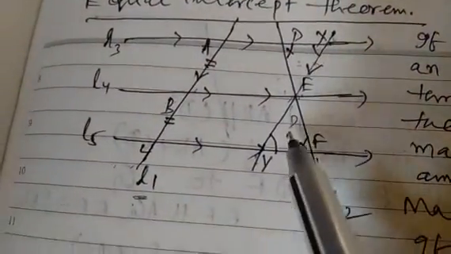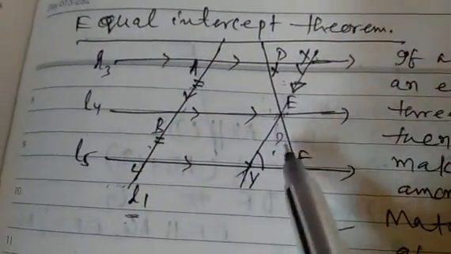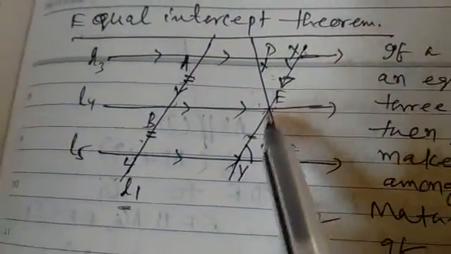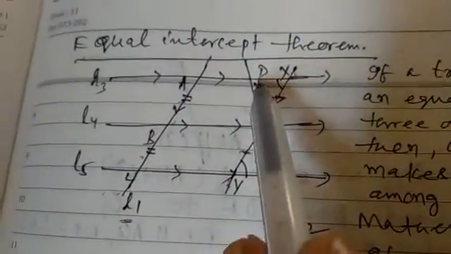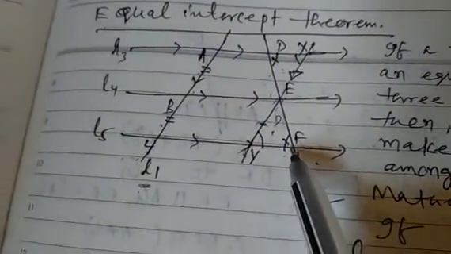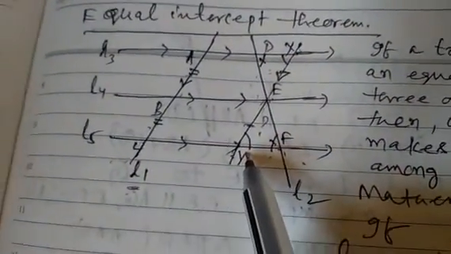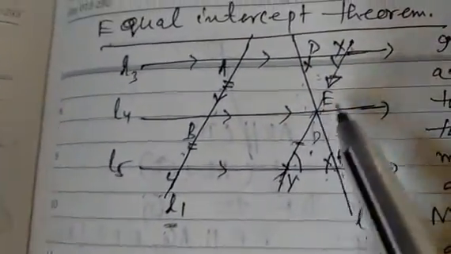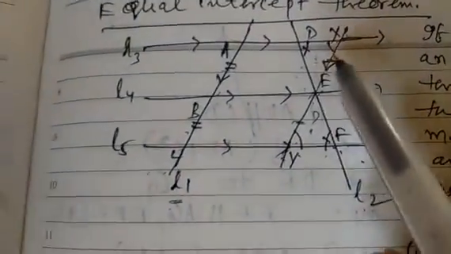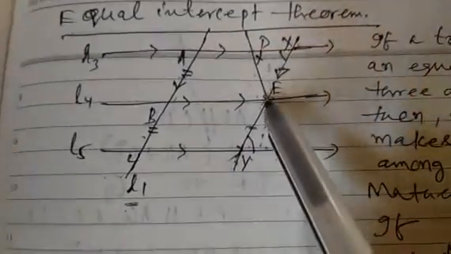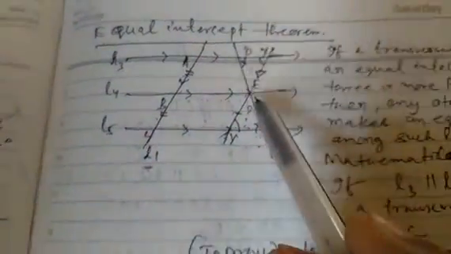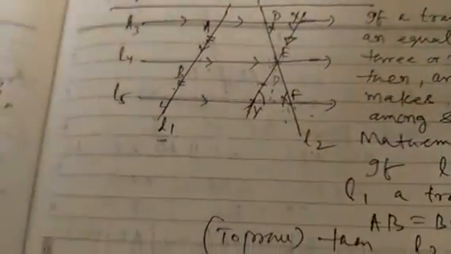EYF. We have here, this is equal to this because this is given equal intercept, therefore this will be equal to this. Since this is equal to this, and this angle is equal to this angle because these lines are parallel, interior alternate angle, this angle is equal to this angle. Hence by AAS, the criteria of congruency of triangles, we got the two triangles congruent. By CPCTC, PE is equal to EF. Therefore, this proves that these two are also equal. That proves the theorem.